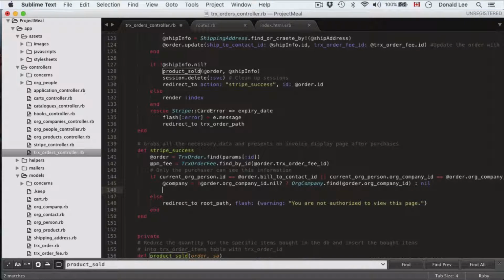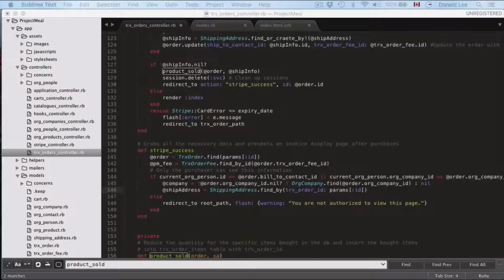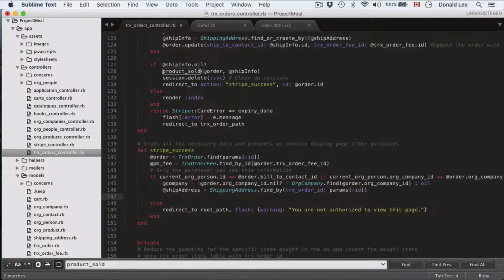Otherwise, no. And we're going to do ship address. We're going to find the shipping address related to this order. So we'll do shipping address find by TRX order ID params ID to get the shipping address, and we're going to get our purchase items as well by doing purchase items equal order TRX order item dot all,